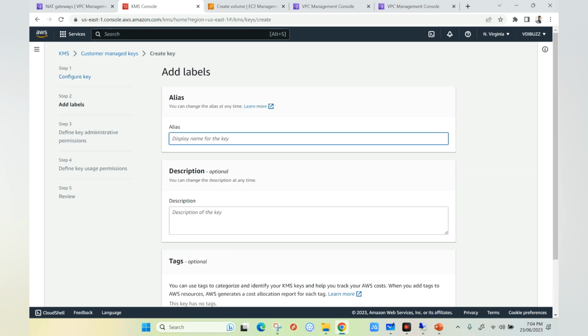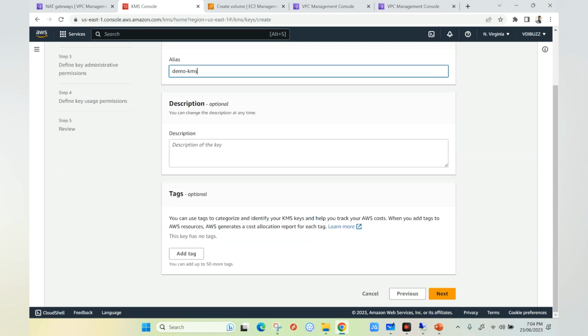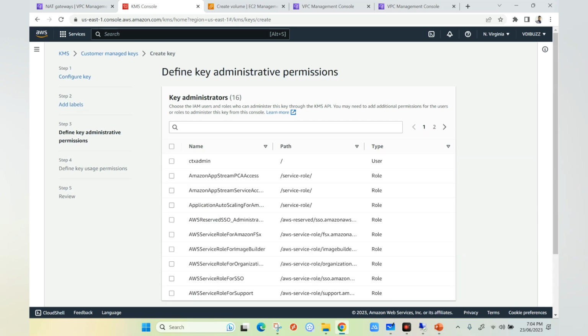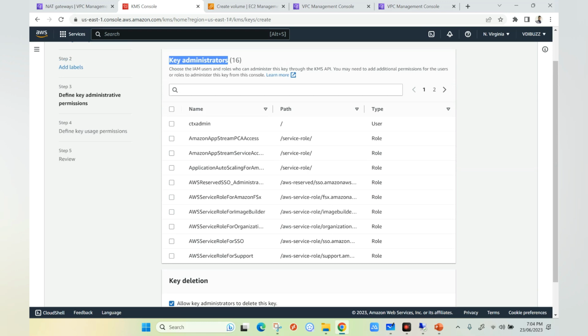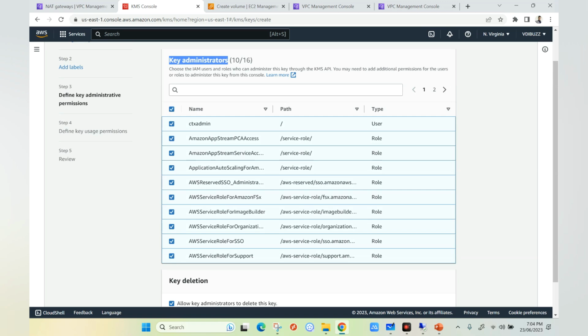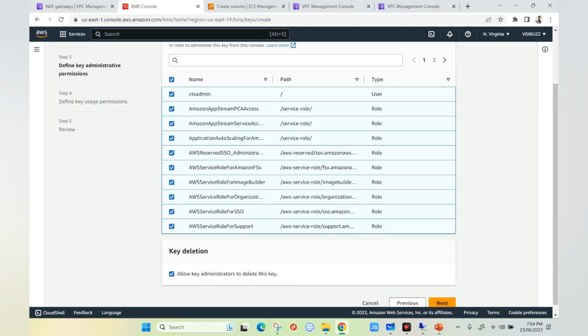Here I'm going to give a name, demo KMS. I'll keep everything as it is. I will click next. So it will ask for key administrator, that is, to whom you want to assign permission to manage this key. By default you will see over here the available users and roles. Accordingly you can choose. For this purpose I'm just going to choose all the users and all the roles over here,